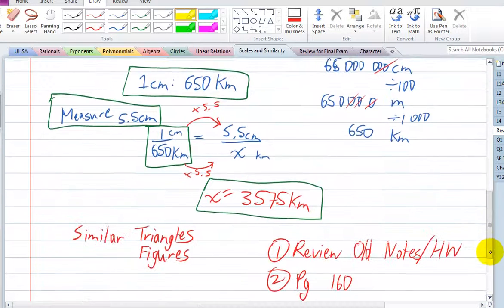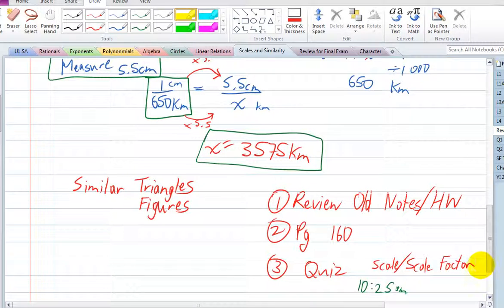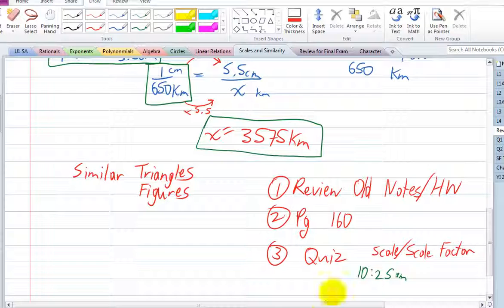Okay, then we talked about similar triangles and similar figures. With similar triangles, we looked at that yesterday and the day before, similar figures. Same angles, boom, triangles are similar. Or check the ratios of the sides to make sure they're in equal ratios. Okay. So check the old notes for that. We're not going to go over that. We just covered it yesterday. It should be rather